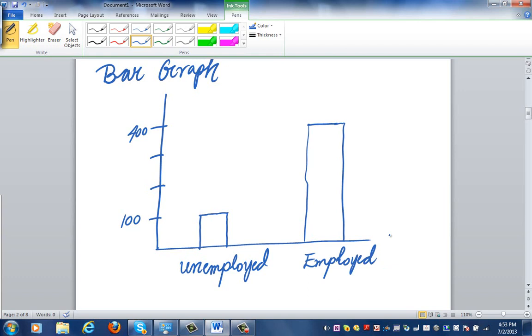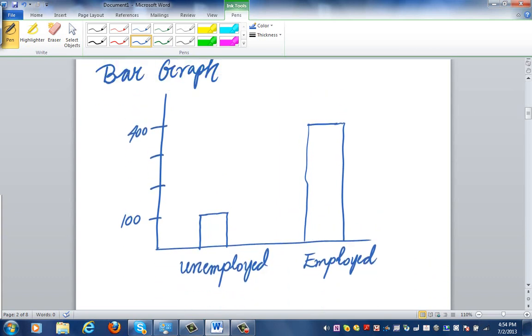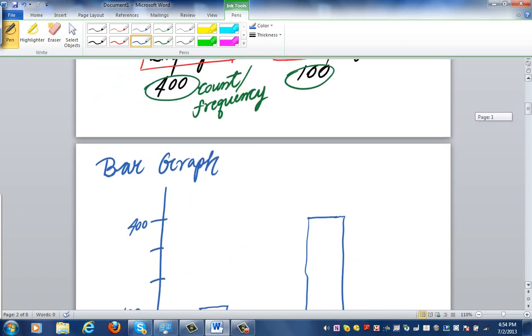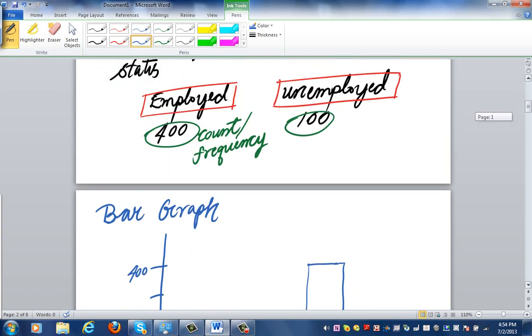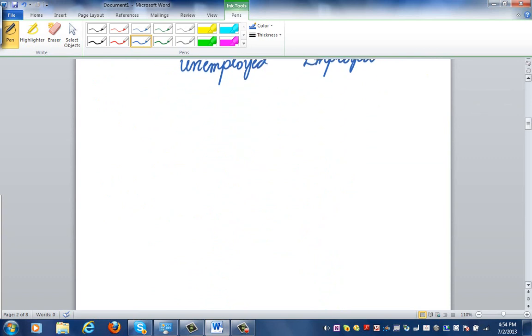Okay, so that's how I can make a bar graph for the above data. Now, instead of using frequency, we could use relative frequency. So let me do this. Let me make another table now. So here is my category employed, and here's my category unemployed,